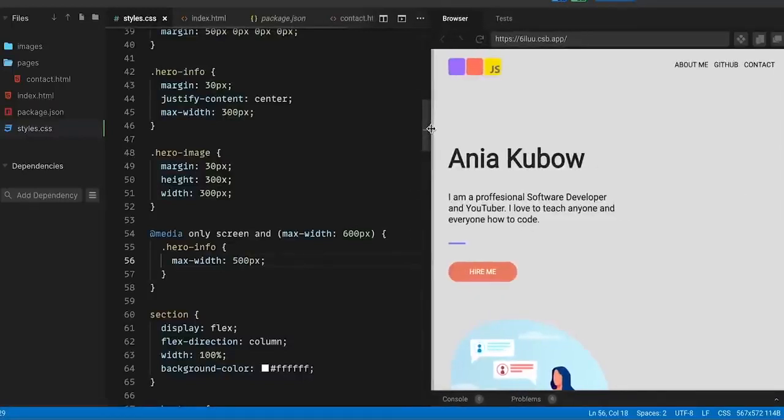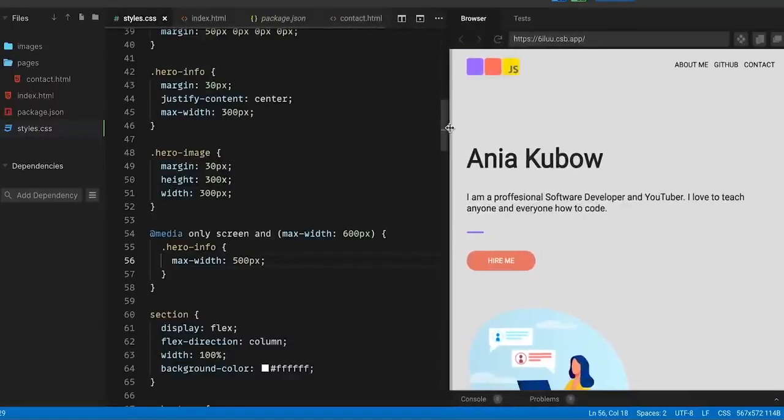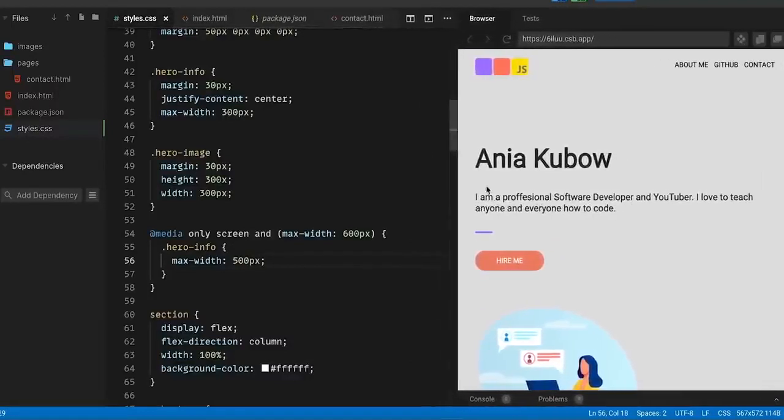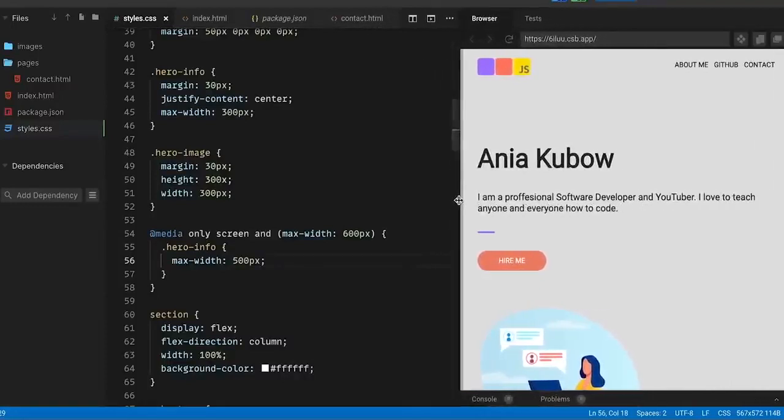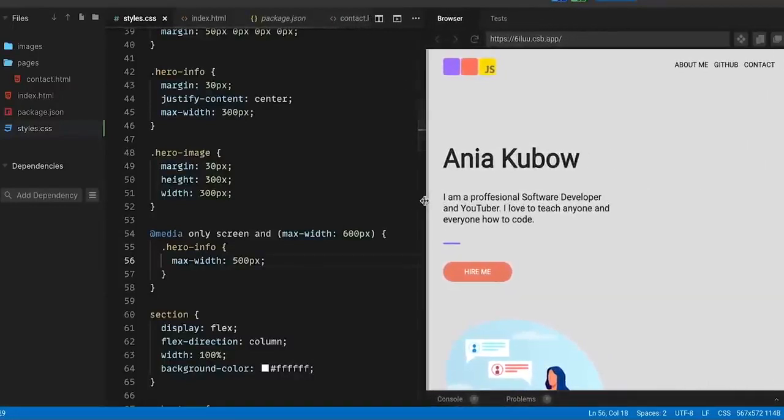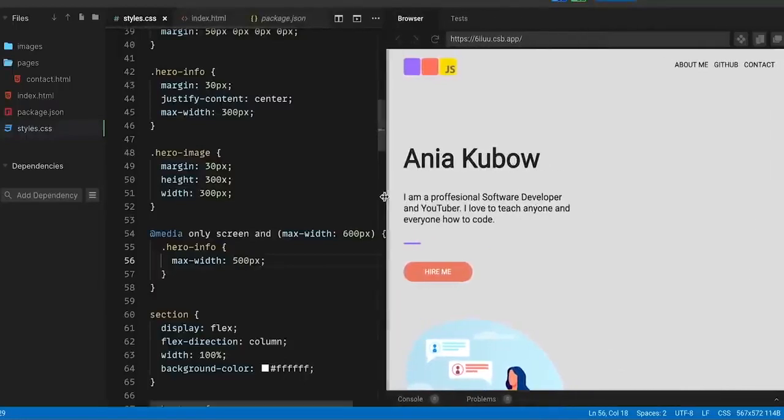So you will see over 600, and under 600. And you will see that text is now spread. So once again, over 600, under 600. So perhaps we can even make it